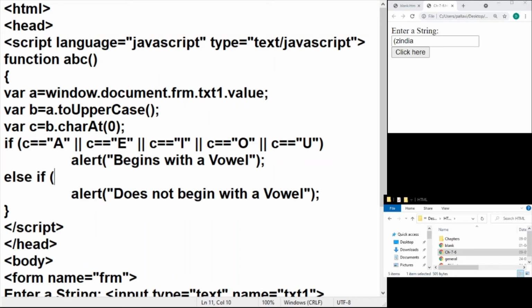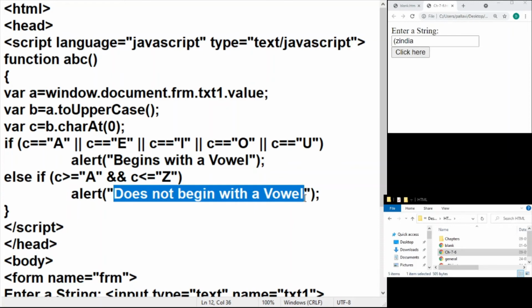Simply, I would say if C is greater than or equal to A and C is less than or equal to Z, okay, and this is what goes there,